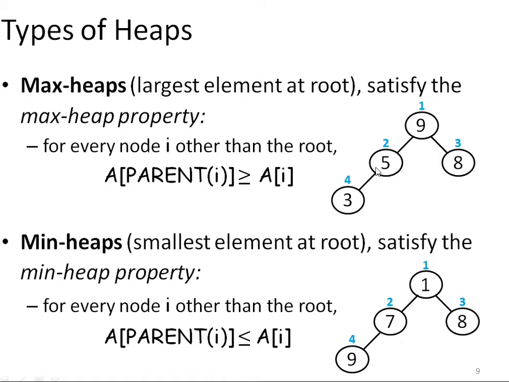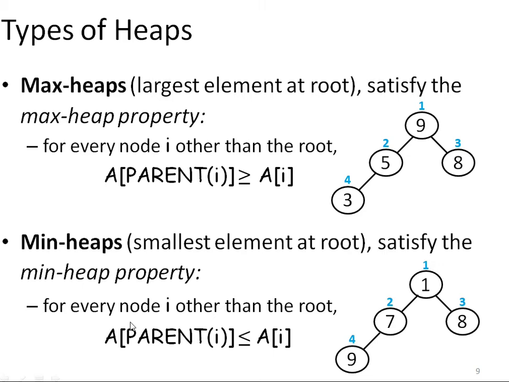Similarly, if I talk about node 5, it has only a single child and its value is 3. 5 is greater than 3. So the property, that a parent should be greater than both of its children, is satisfied for each and every node of the heap. So it is a max heap. If we talk about 3 and 8, they are leaf nodes. Leaf node means no children. So a leaf node is a max heap in itself. There is no need to check the property for these leaf nodes.